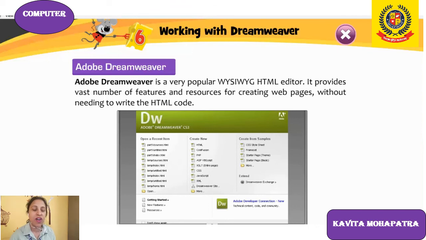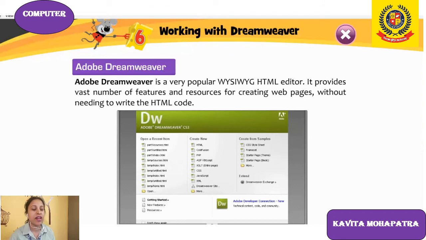It provides a vast number of features and resources for creating web pages without needing to write the HTML code. So without needing to write the HTML code, we can do a number of edits in web pages.